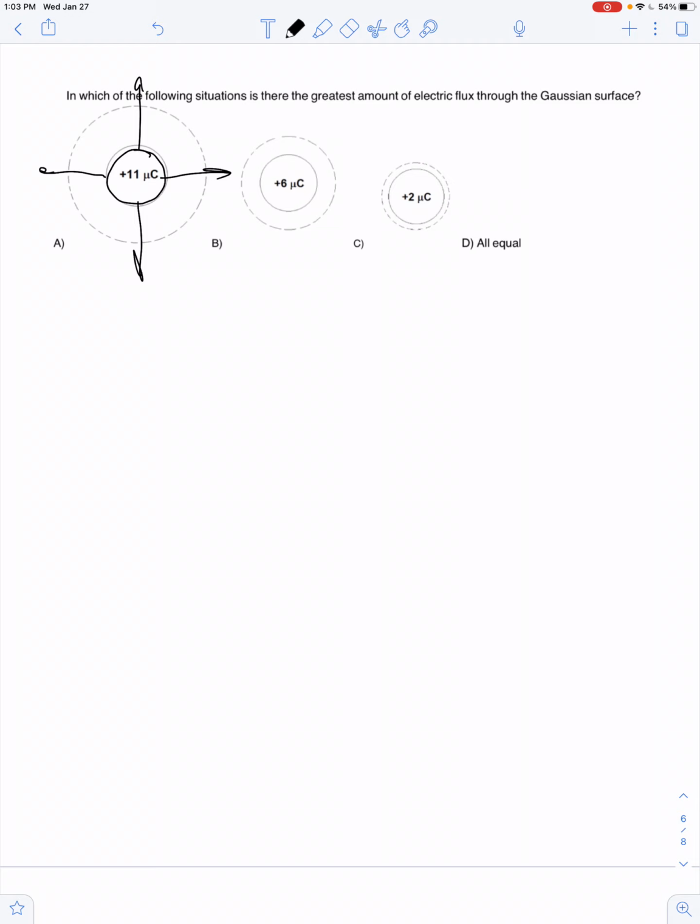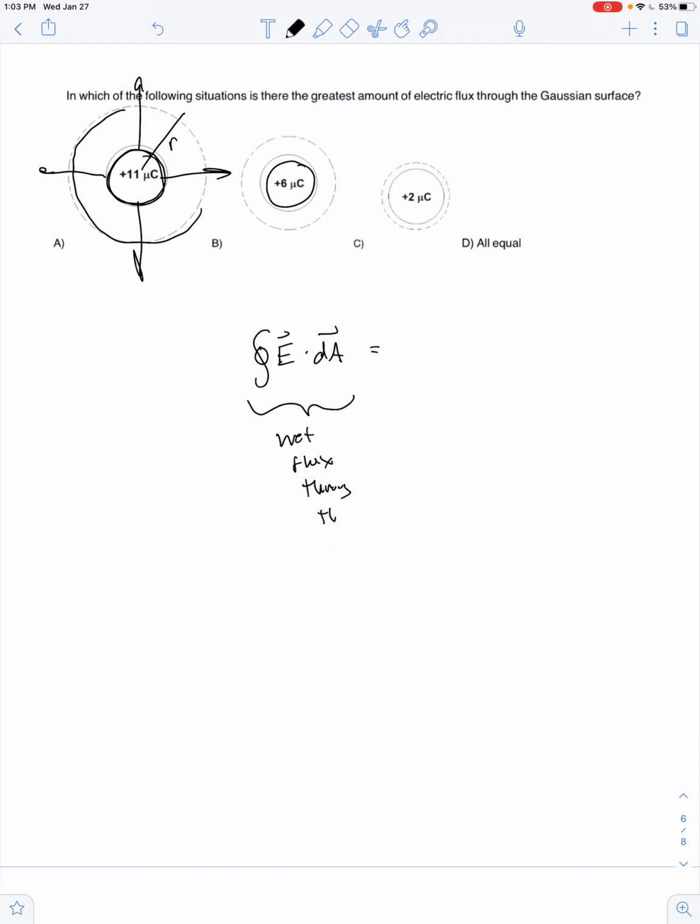So I get it. It's more charge in case A than it is in case B, but then again, it's a larger area at a greater distance of r. No, remember, Gauss's law tells us that the net electric flux through the surface, and that's all this whole expression is on the left side of the equation for Gauss's law. This is a way of saying net flux through the Gaussian surface is equal to,